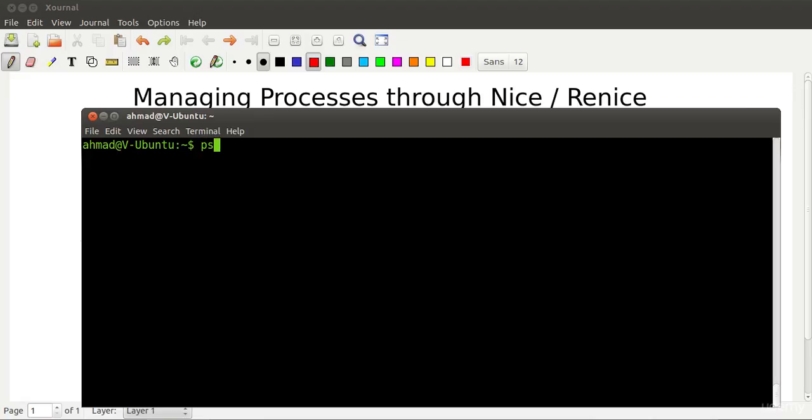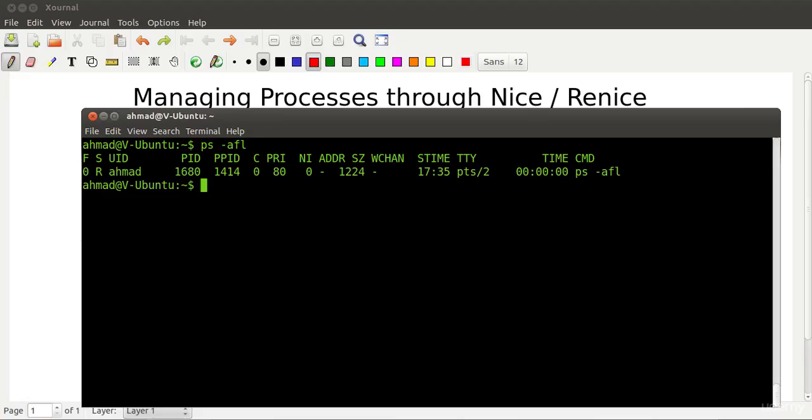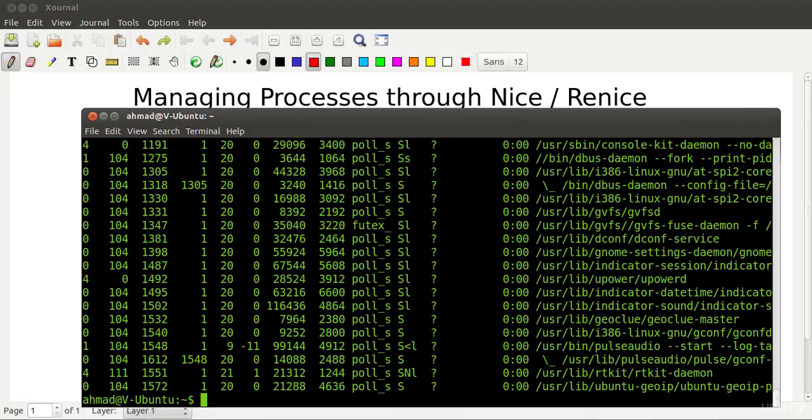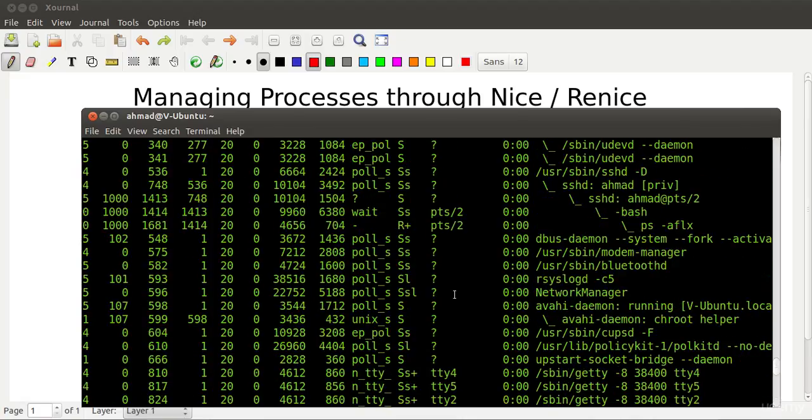Let's type in ps, then minus. We can use the A switch for displaying all the processes. So let's type in FL and press enter, or put an X over here, and if I bring it all the way up to